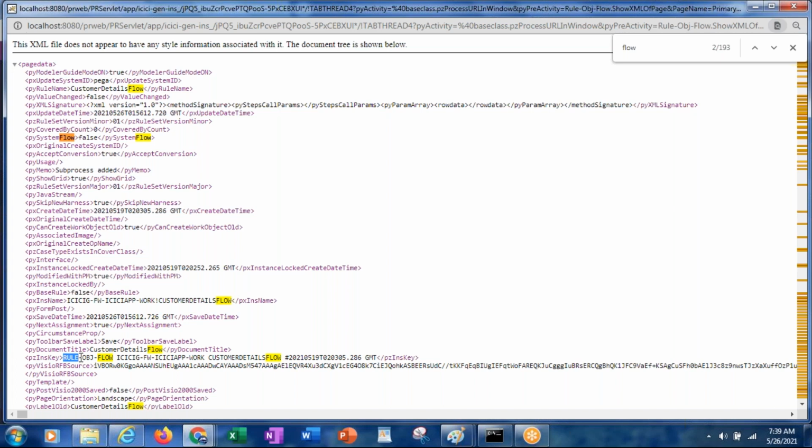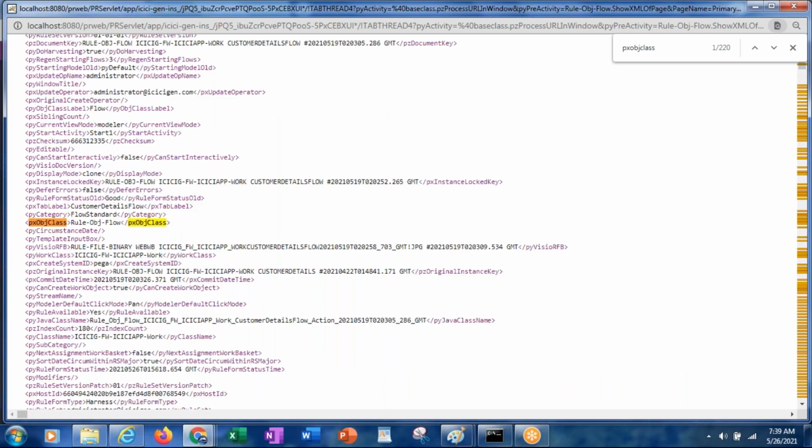If it is a data class, you will not have the version. But if it is a rule class, definitely it will have the version. That is the main difference between data and rule instances. Here, if you go to the PXOBJ class, you can find out which class it belongs to.